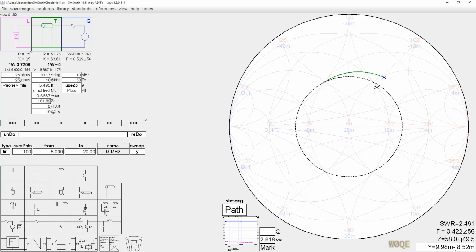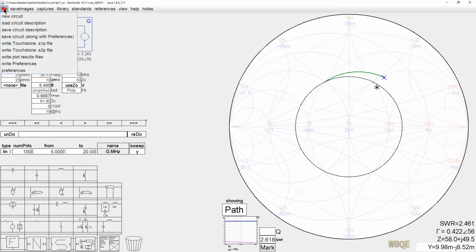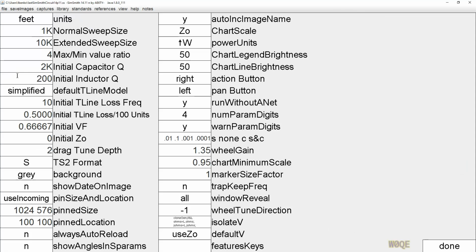I don't know when it was, but maybe a couple years ago, the arrow keys on the keyboard were added. The arrow keys work in conjunction with the preferences menu. These numbers right here are the change amounts. If you hold no key down, the shift key down, the control key down, or shift and control both, you get different amounts. So the way I've got it set up is if nothing's held down, I get a 10%